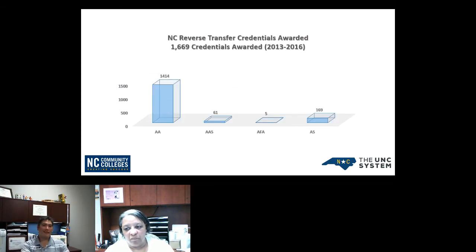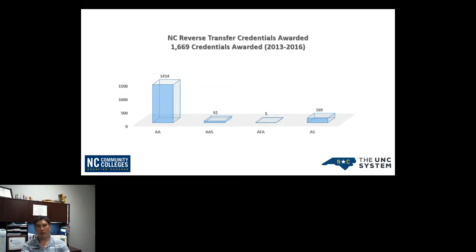So up to 2016, this was 2013 through 2016, we were trying to figure out, how has this been benefiting our students? How many credentials have we awarded in that window, in that short time frame, from the time that we started this process to 2016? And as you can see, by 2016, we've awarded almost 1,500 associate in arts degrees, a little over 60 associate